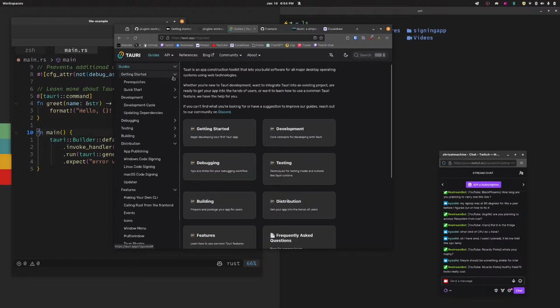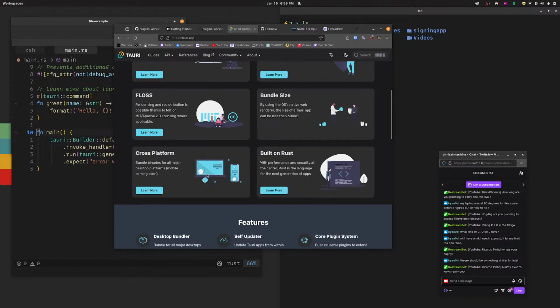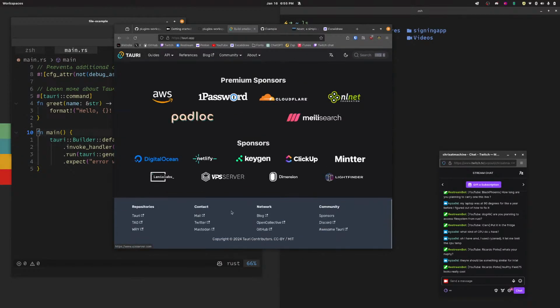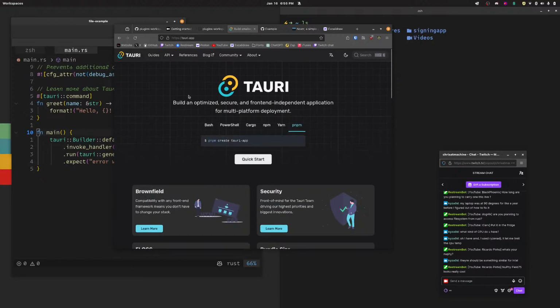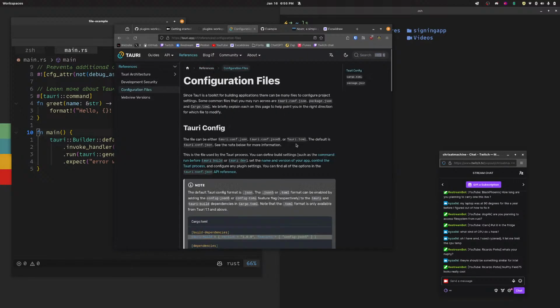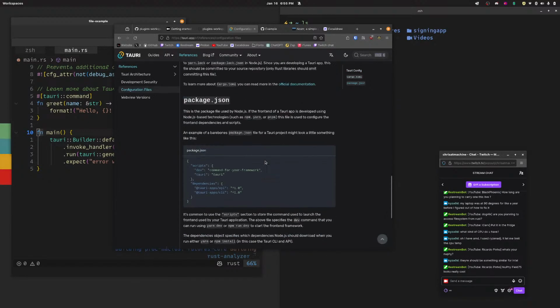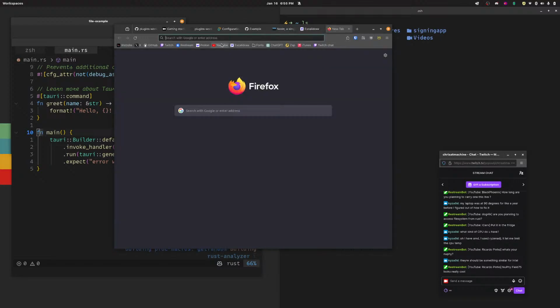No. They had like a thing for the other one, where there were like examples. I literally cannot find docs to do what I want to do. Anyway, let's go look up the,